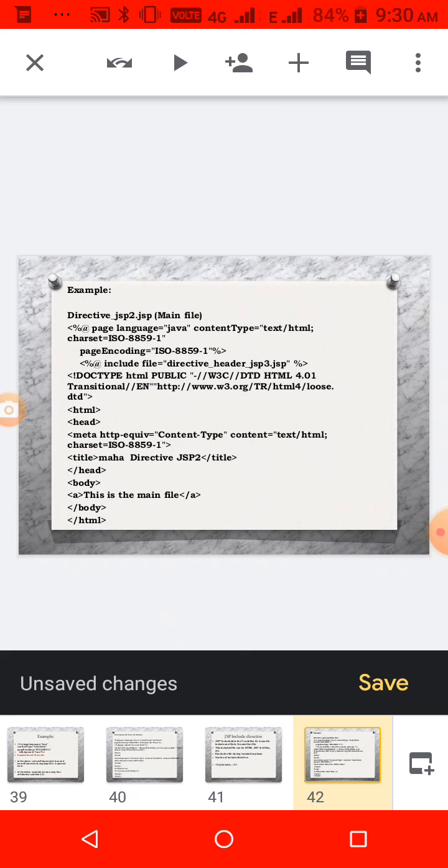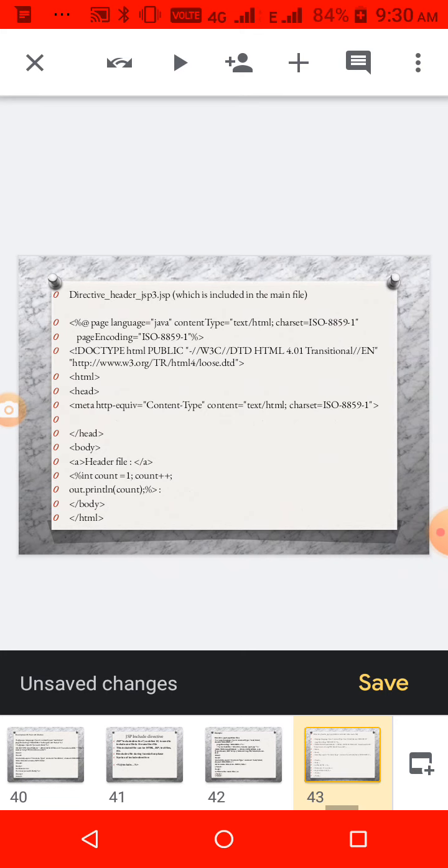Consider the current screen is java2.jsp. Here we are calling java3.jsp or any file name you want. To add that file here, include file equal to that file name, that's all.